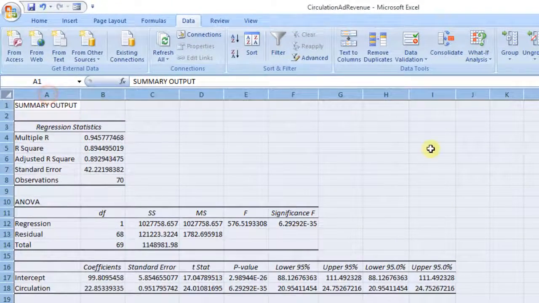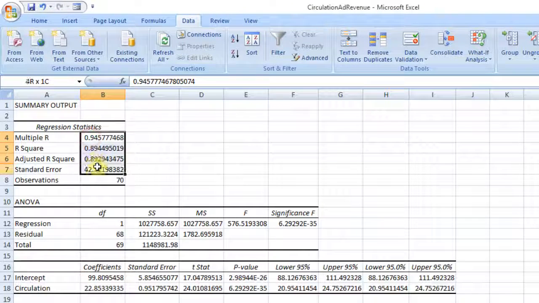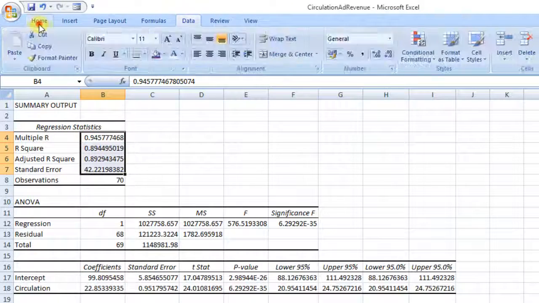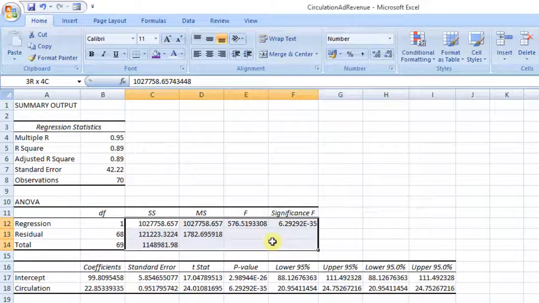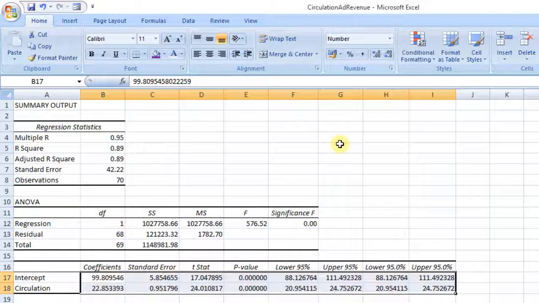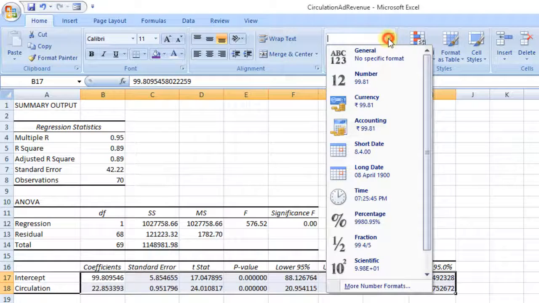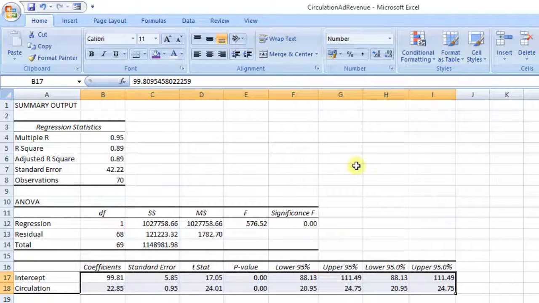Regression output is displayed in New Worksheet. Format the numbers to get a better view of Excel output. The regression summary output has three sections: regression statistics, hypothesis testing, that is ANOVA, and regression model.